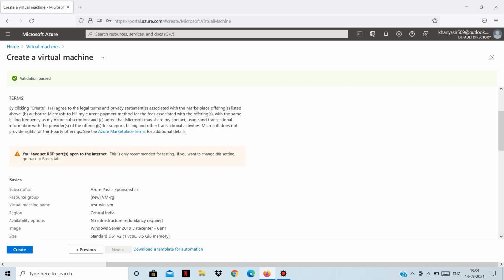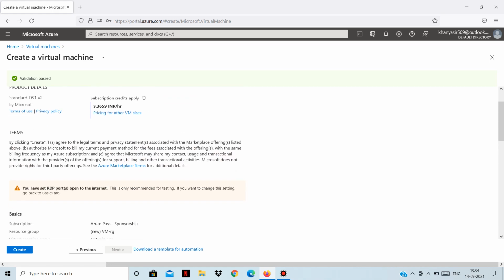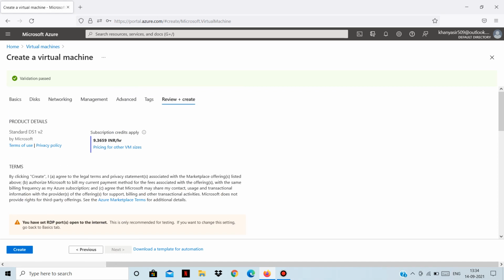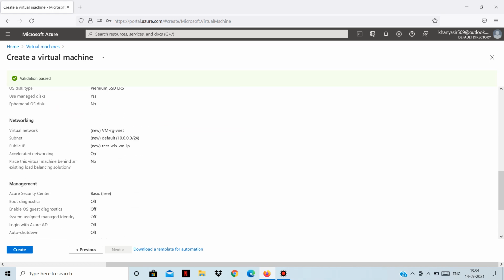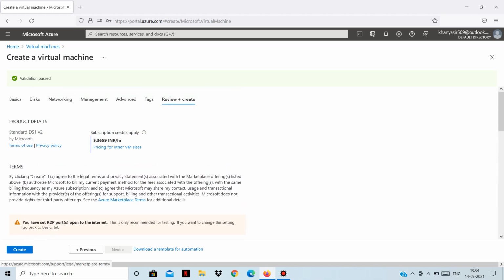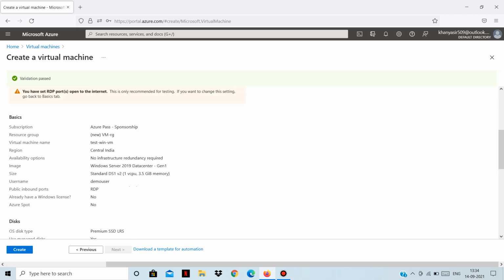It is also giving us a warning that we have set the RDP port open to the internet, meaning anyone with the IP address, username and password can connect to this virtual machine. Let's leave it at default and ignore that warning, because we are not running anything sensitive here. It's just for testing purposes.